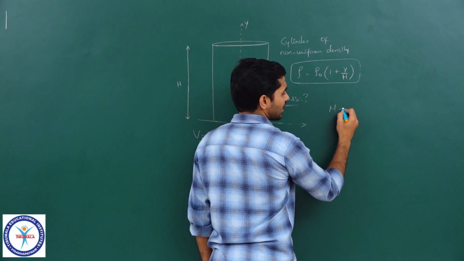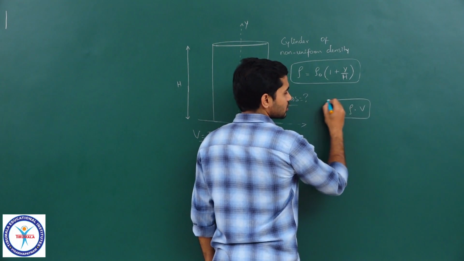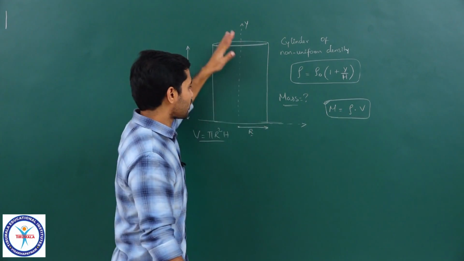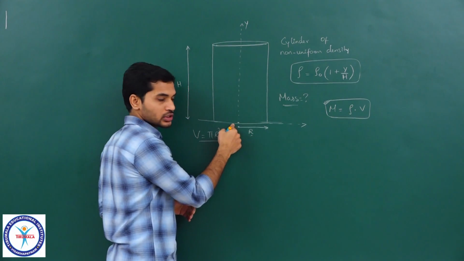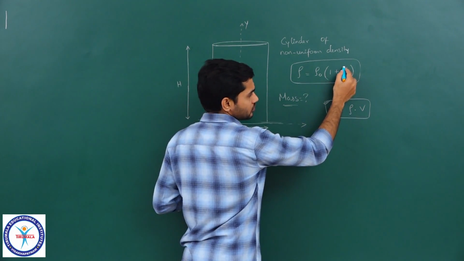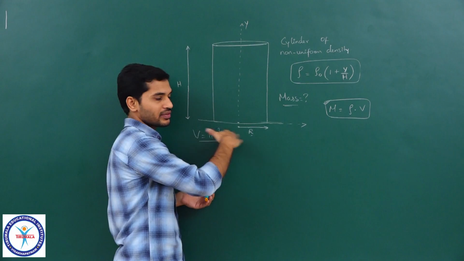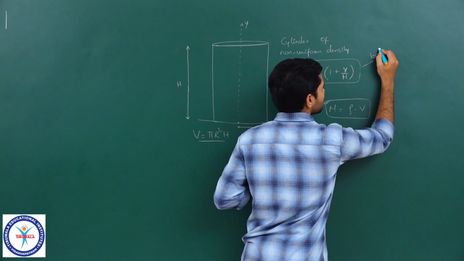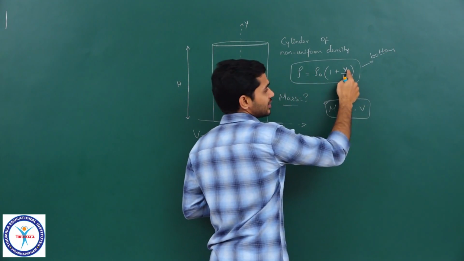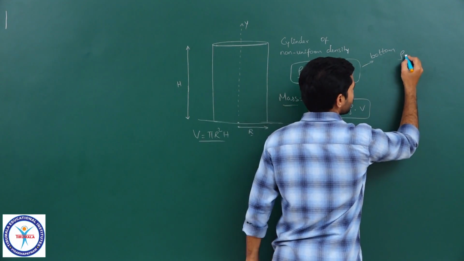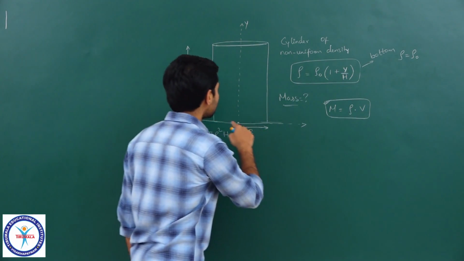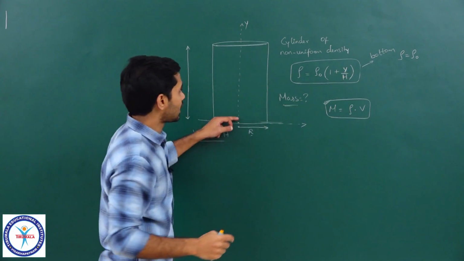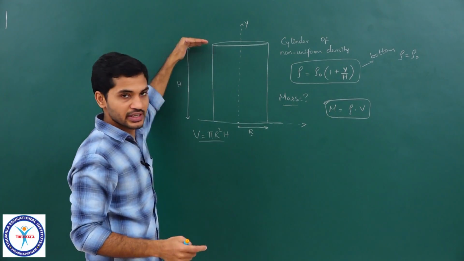We know that the expression for mass is density into volume, correct. So I can't use this directly. In this particular case I can't use this because density is not same everywhere. So you can see here that at this bottommost level, if I substitute the value of y as 0, bottommost level corresponds to y is equal to 0, right. So at the bottom of the cylinder, when y is 0, I will be getting the expression for rho as rho naught, and similarly at the topmost point of the cylinder you can see that when I substitute y is equal to h, because at the topmost level the value of y becomes h, right.